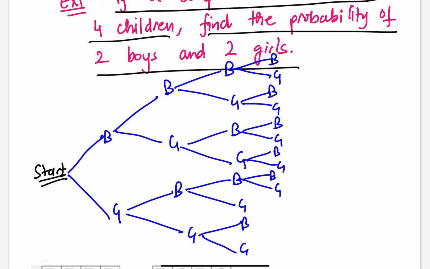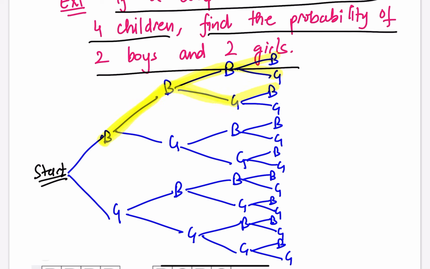Make sure you give yourself enough room because, as you can see, it takes up a lot of space to come up with the tree diagram. This is called a tree diagram. And how do we get the sample space out of it? The elements of my sample space will be boy, boy, boy, boy; boy, boy, boy, girl; boy, boy, girl, boy;